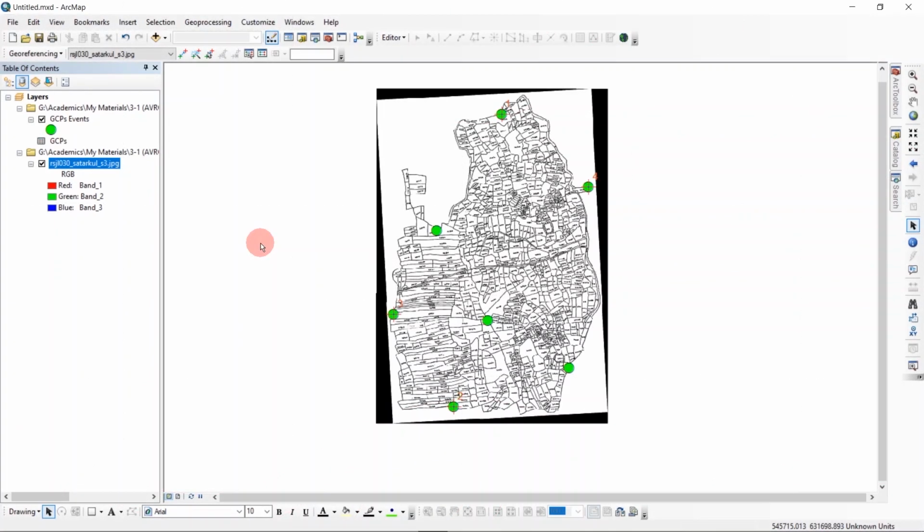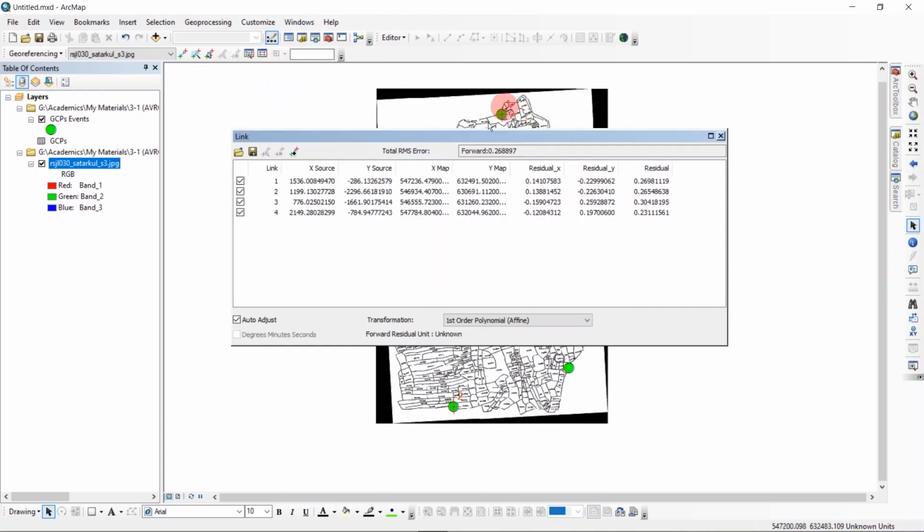Today's last topic is total RMS error. RMS error actually tells us how much error has occurred during the georeferencing process. It will only appear when you add 4 or more control points. Let's see our RMS error. Go to the view link table in the toolbar and in the top you can see the total RMS error is showing. In our case, it is